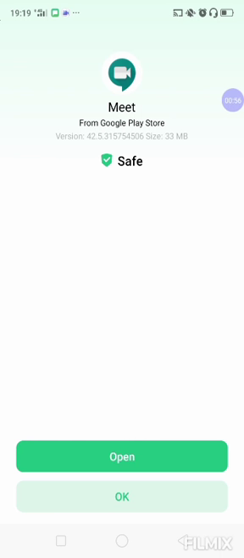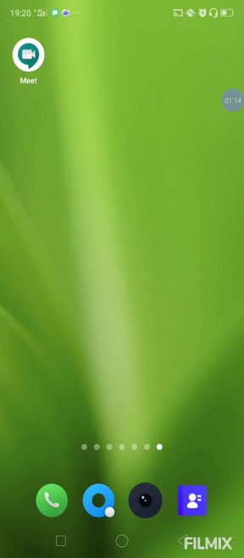Now I will open this and then it will show me that app directly, and this app you can find out in your home screen also, in the last page of the mobile. So from there I am going to open it. Here is the last page of my mobile and here you can see that the app is on the top corner. Now I am going to open this app.